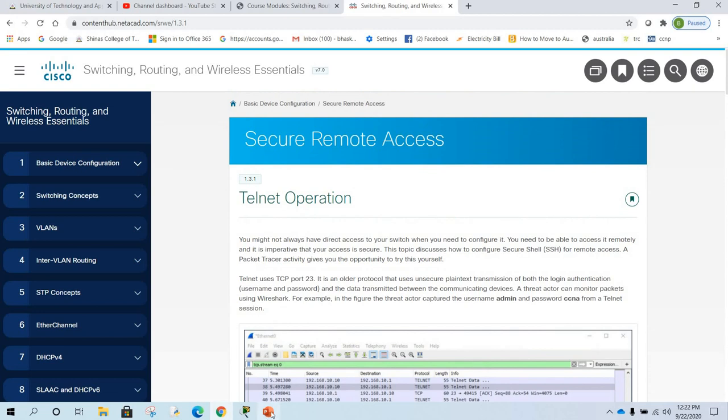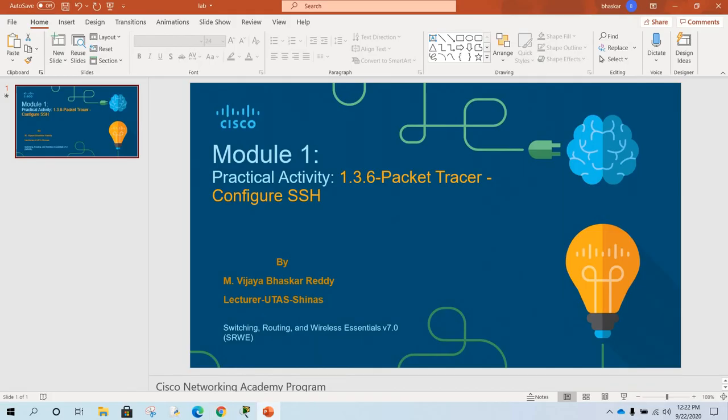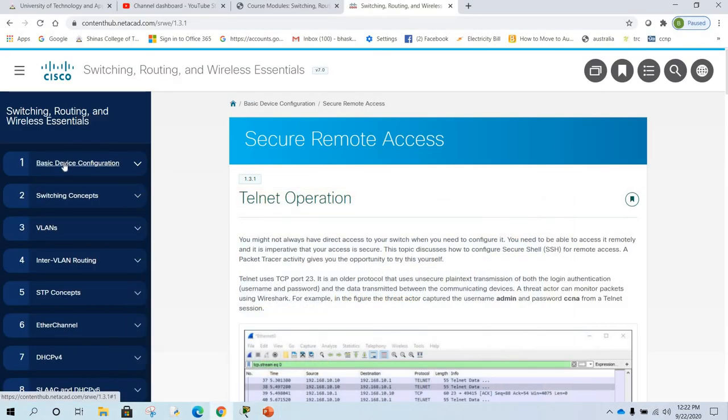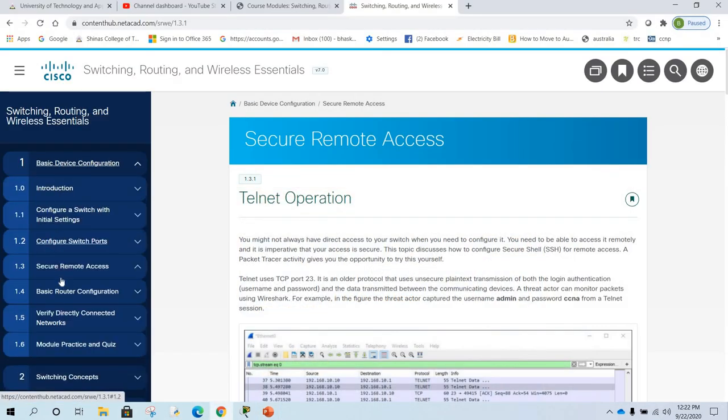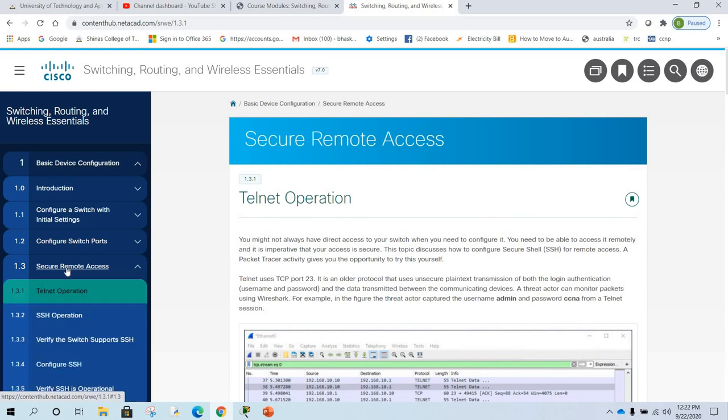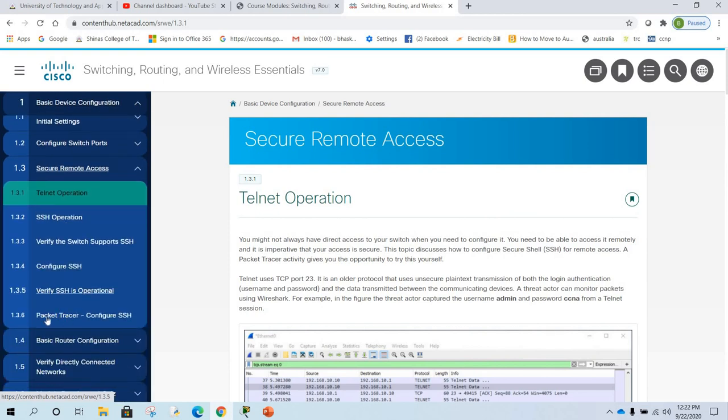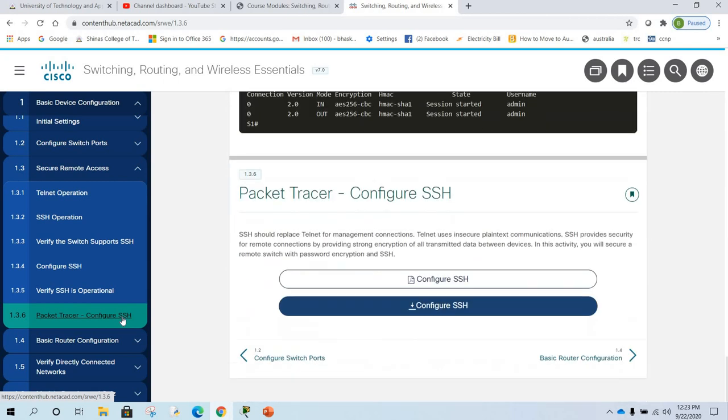Now our activity number is 1.3.6, so you can go to chapter number 1, click here, and 1.3 point here, click on 1.3, 1.3.6 Packet Tracer configure SSH. Now if you click here, you will be redirected to this page.